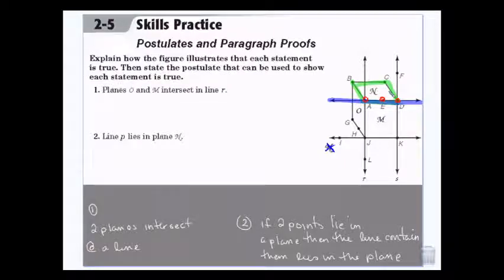So it's true. So these are both true. But where's P? If you look on your paper, it got cut off on the picture. So the blue one was line P. So we can see that they're true looking at the picture, and then these postulates show us that for sure it's true. These postulates, we accept them as true, so here they are.